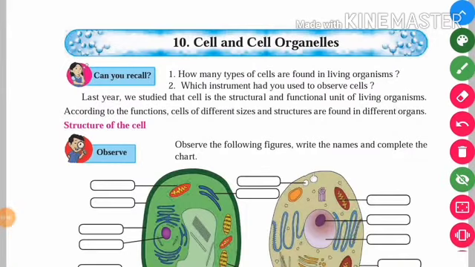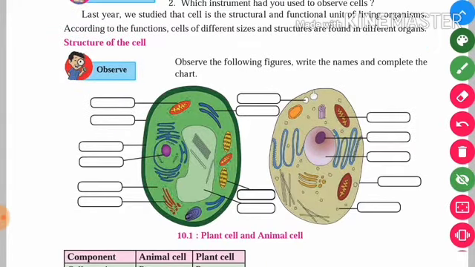So guys, this is our lesson, cell and organelles. Every living thing in this world, either plant or animal, is made of very small, teeny particles called cells. Cell and cell organelles. Organelles means the various components, various items of that cell. Okay, so this is the structure. These are the structures of the plant cell and animal cell. So you have to find out the names of the various